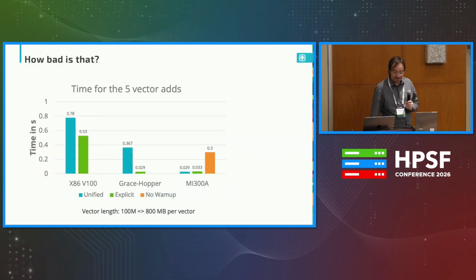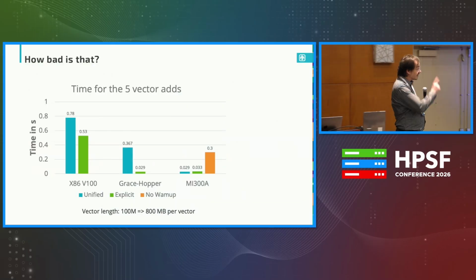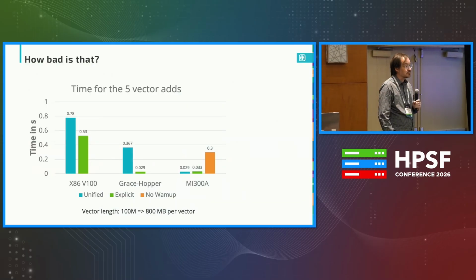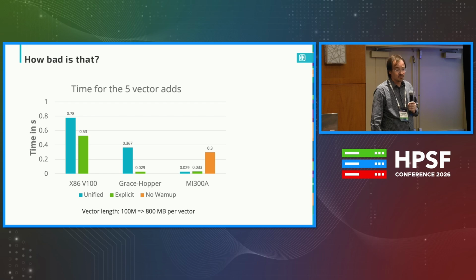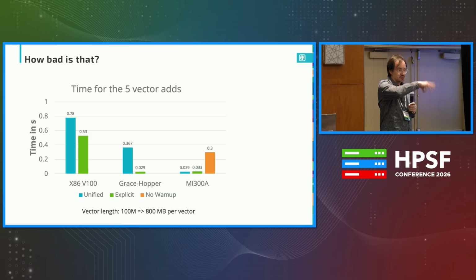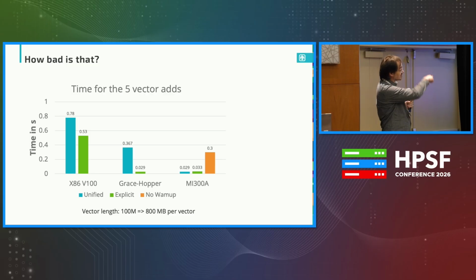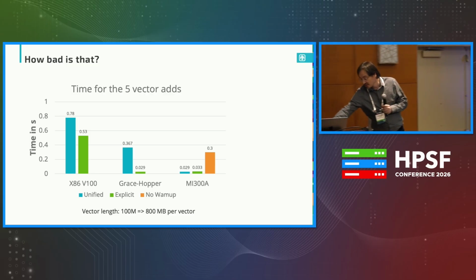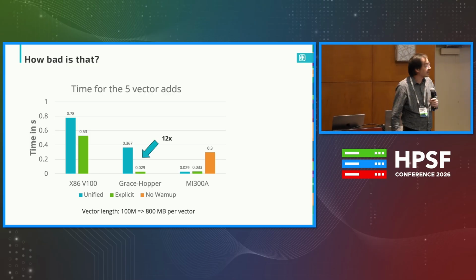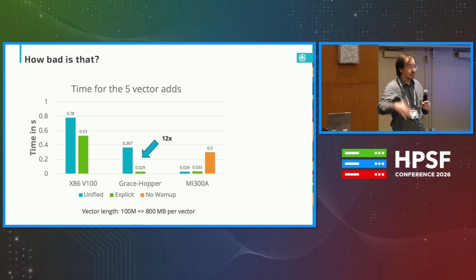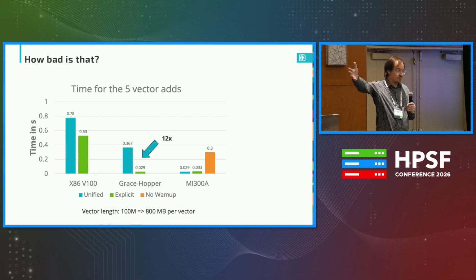So what's going on? One thing I can do is I run the same benchmark, but now I use explicit data management. Essentially, I put deep copies explicitly in, I make separate host allocations, and see what happens with that, right? And that's the green bars. And you see that the time goes down quite a bit. In particular, on the Grace Hopper system, right, I get 12x total time, right, for the 5 vector adds plus